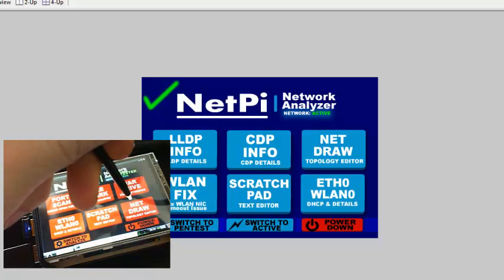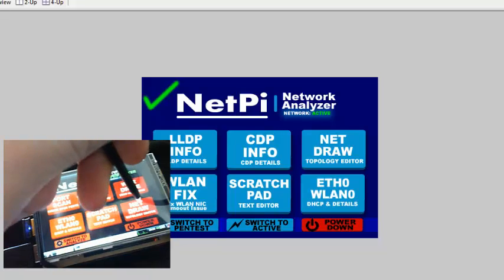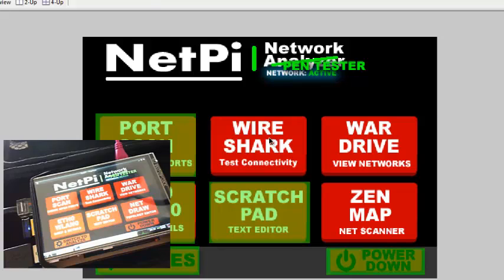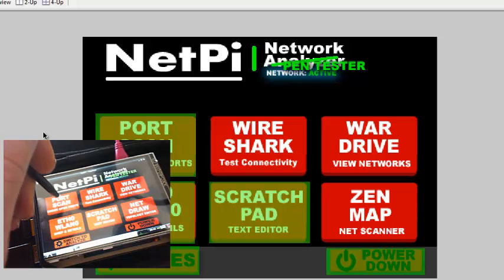So we've already covered those. Bottom 3 commands we've already covered, although the net draw is actually incorrect. That should be ZenMap to scan subnets, but I'll get that fix made before release tomorrow. That's a pretty easy fix. Port scan